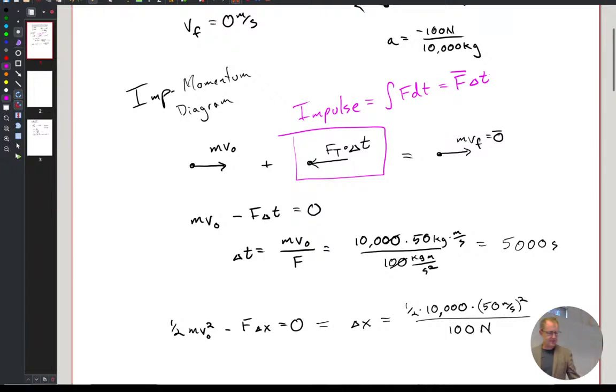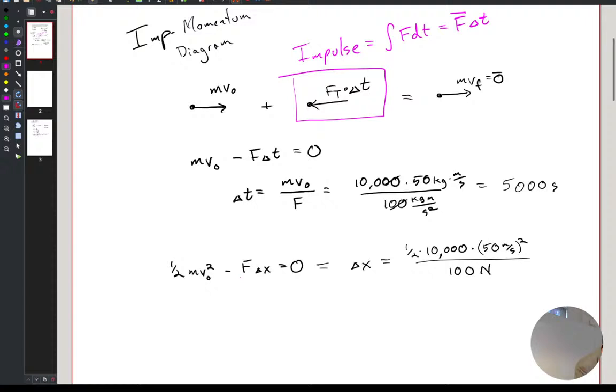So sometimes what you'll see is like an impulse. So impulse is always the integral of a force through time. So if I have like a known force applied for a given amount of time, like if it's constant, then it's force times that time. But a lot of times what you'll see is like an F bar, that the average force applied over a given time is the impulse. So that's the impulse. And then this F delta X, this one is work,